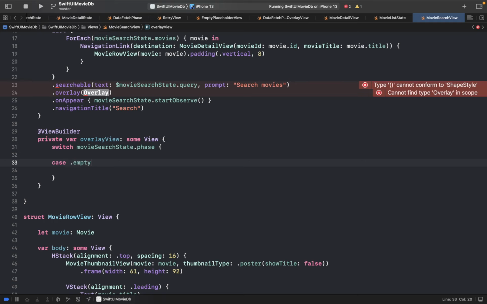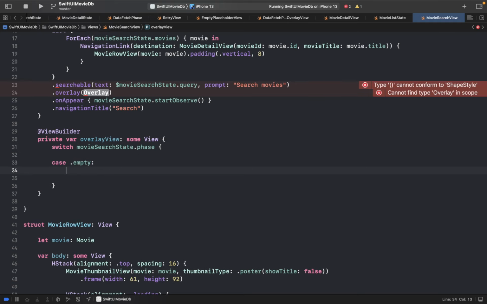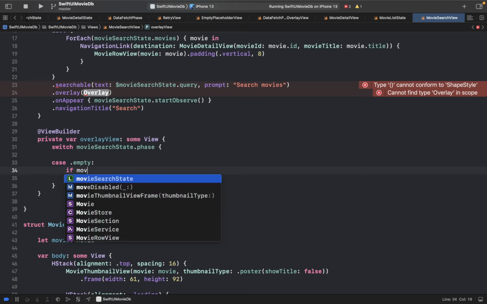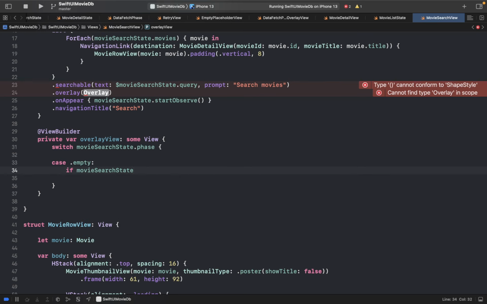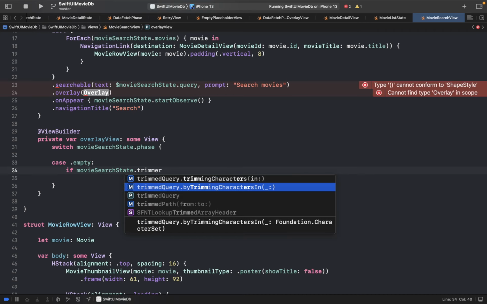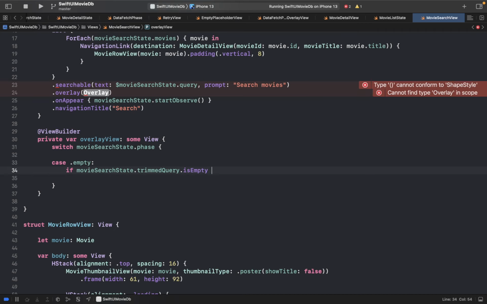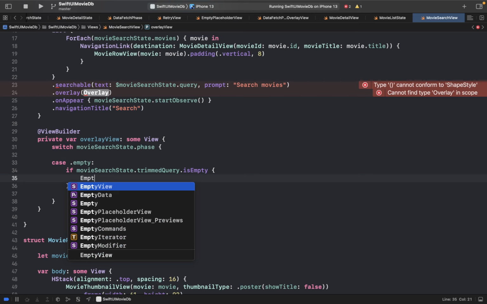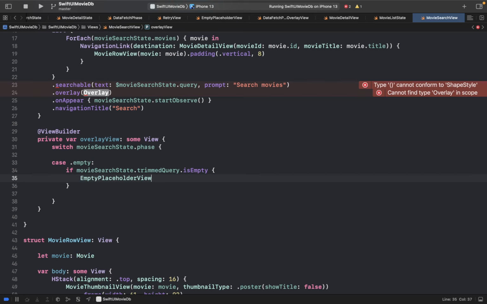In case of empty, here I want to check if the movie search state.trimmedQuery is empty. I want to show an empty placeholder view. So when the search bar is empty,